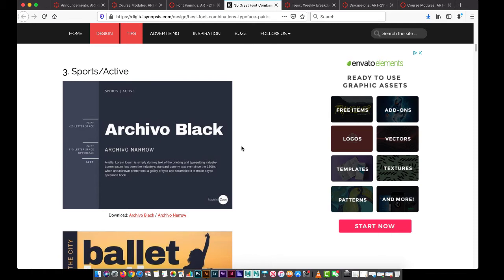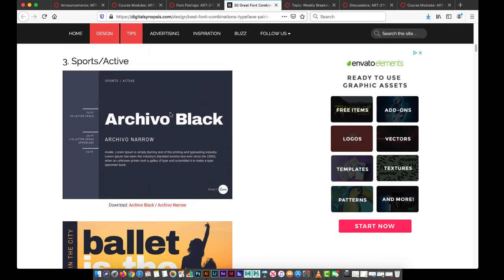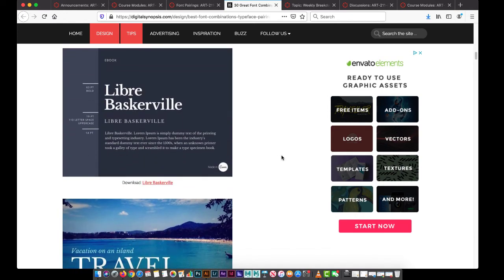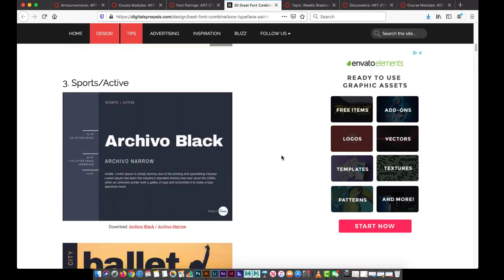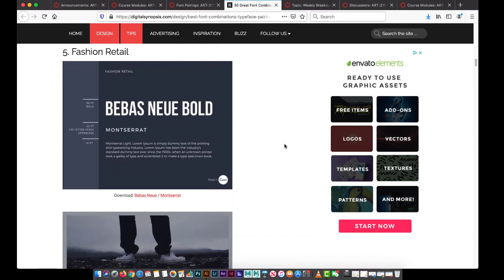And again, you might not have these font choices, and that's okay. Think about what works well. Why do you like it? Here, these are the same type, but different font. We've got a thick, bold, and then a thin here. Narrow and black. So anyway, things to think about. Look at what you like.